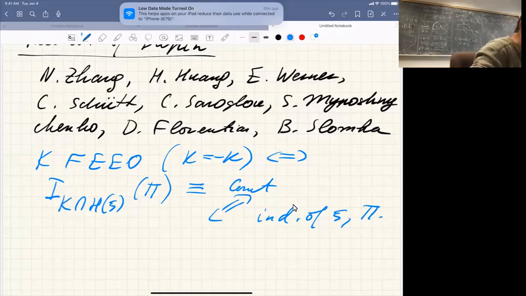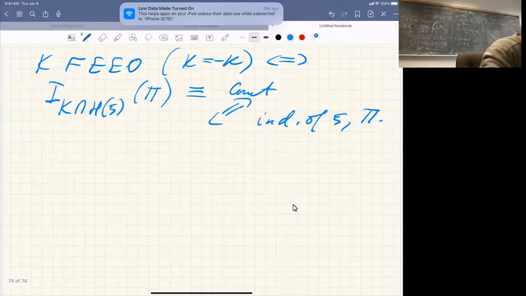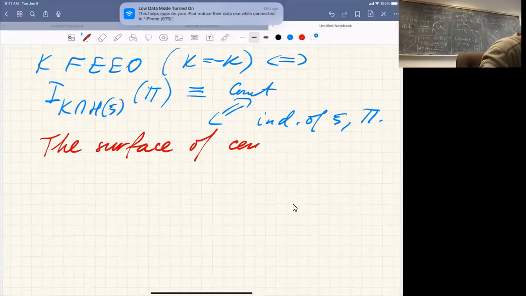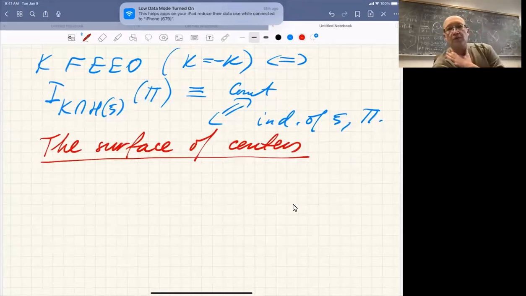Okay, so let's introduce the notion of the surface of centers, because I want to explain why those moments are independent of psi. So the surface of centers,